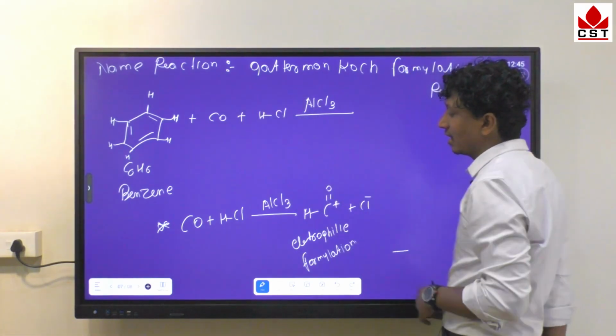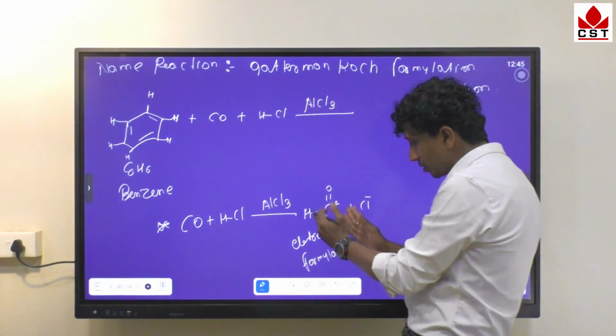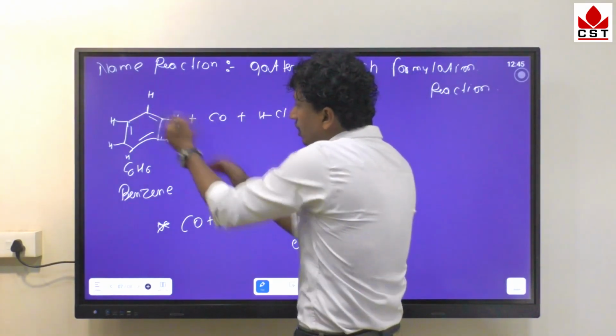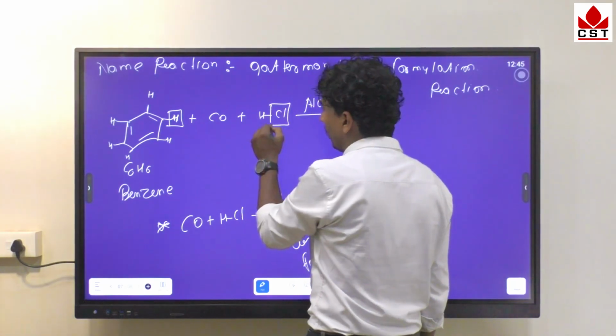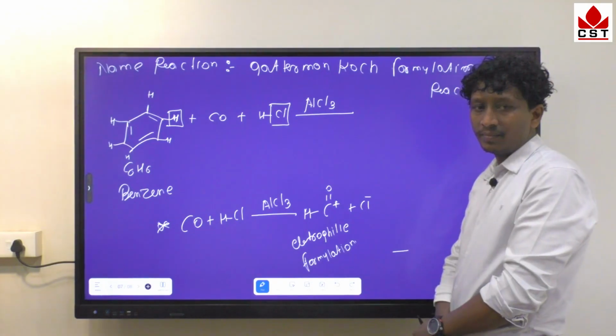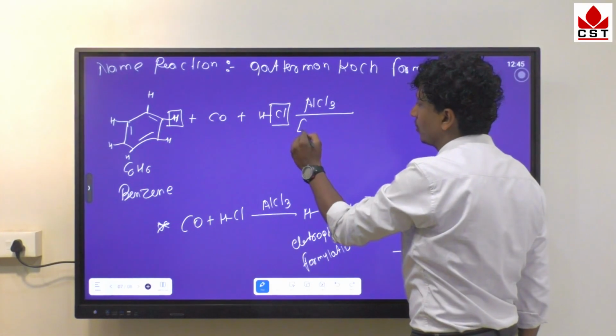The role is that the combination of CO with HCl in AlCl3 produces a formyl group, and this formyl group is introduced into the ring, replacing hydrogen, and the COH is attached to the benzene ring as HCO plus. It is the formylation reaction. The mechanism proceeds by